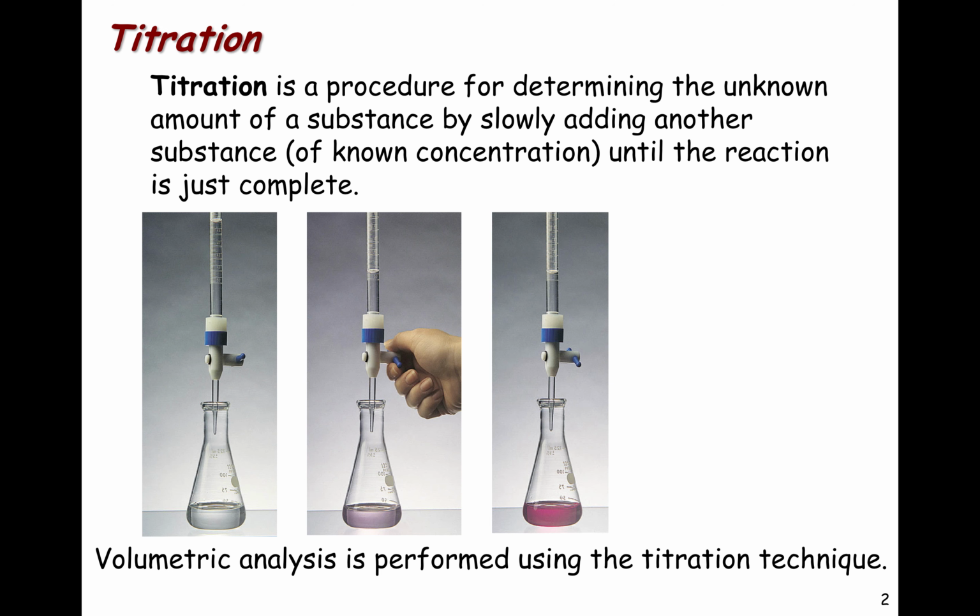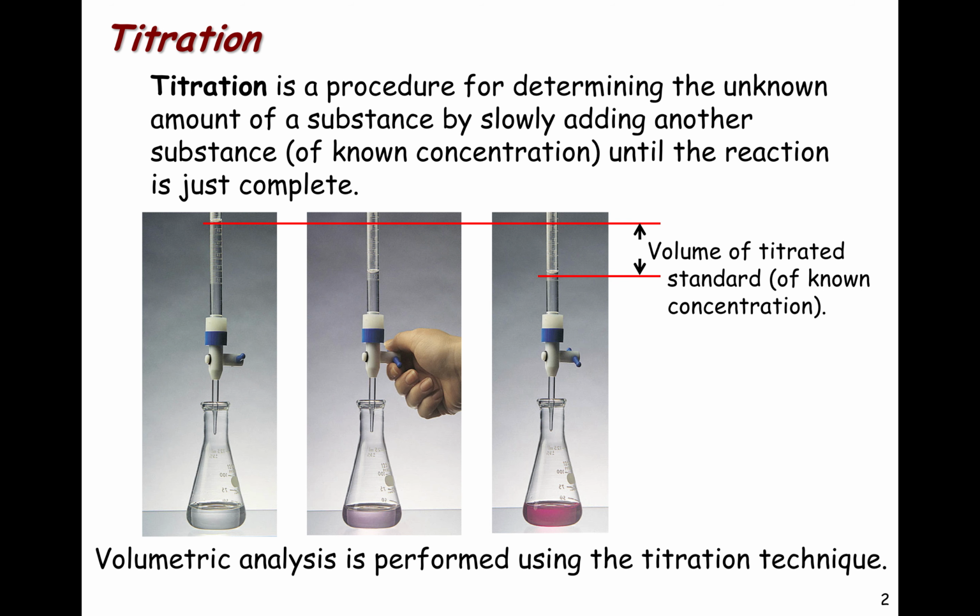If you add just a little bit more, you would get a dark pink color, so you have essentially overshot the endpoint of this titration, and this would lead to some error associated with determining the concentration of the acid in the Erlenmeyer flask. So if we then measure the difference between the two volumes and know the original concentration